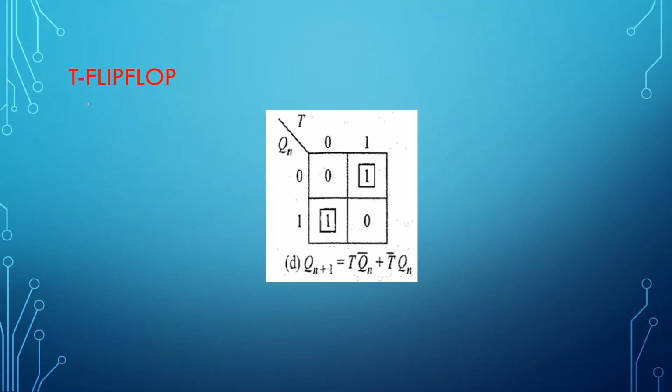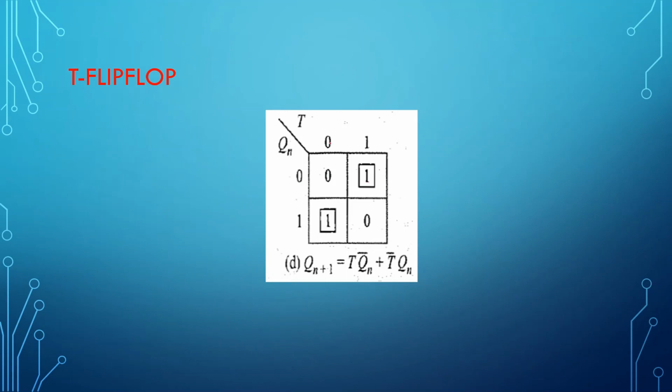Complement flip-flop means whatever data you are going to give, that has to be complemented if the data is 1. Let me explain it here. So this is the data input, this is the present state. If it is 0 and the present state is 0, the same state will be exhibited. If it is 1 here and the present state is 0, it has to complement. Complement means it will become 1. The present state will become 1.